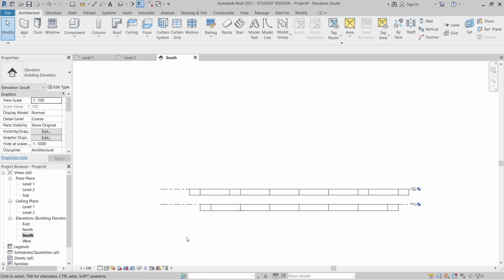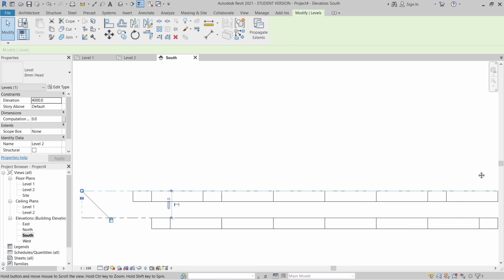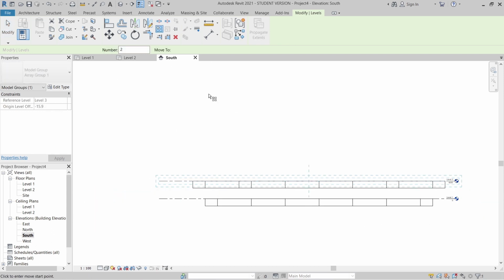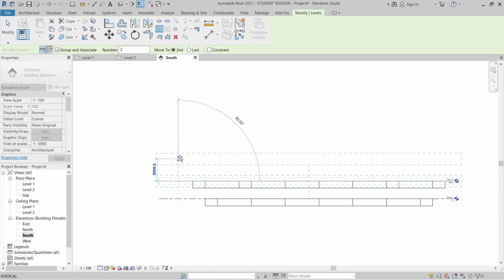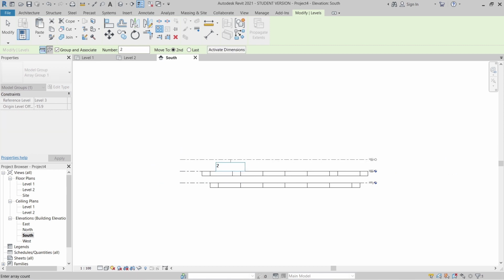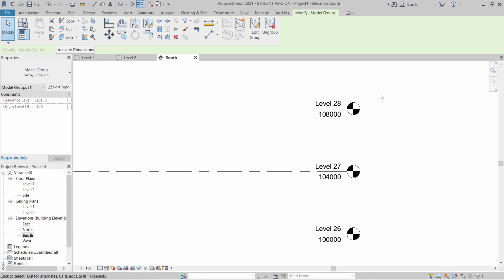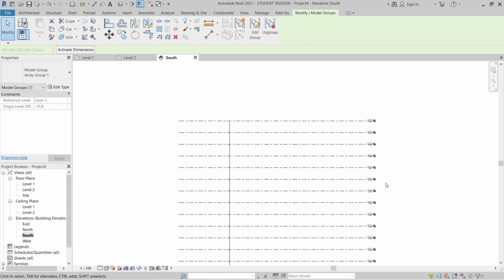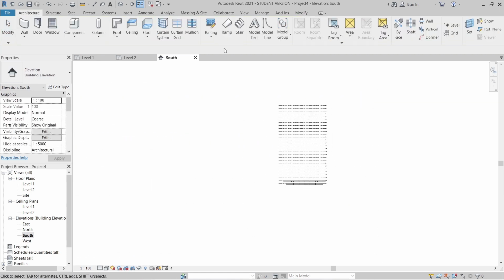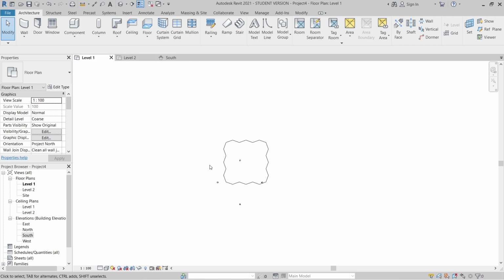Perfect. So now I can use the array tool on my level 2 there, and AR for array as the shortcut key, and start from first here, make it about 4 meters for every floor, and I simply type about 27. Let me solve first. Okay, I like it, it is about 100 meters. It's enough for me. Hit escape a couple times first. Then I can go to our level 1 here.